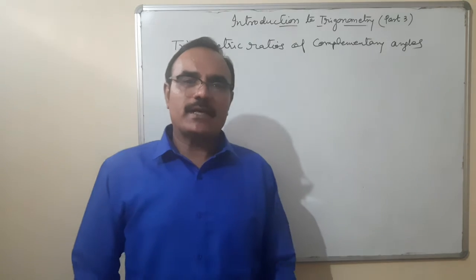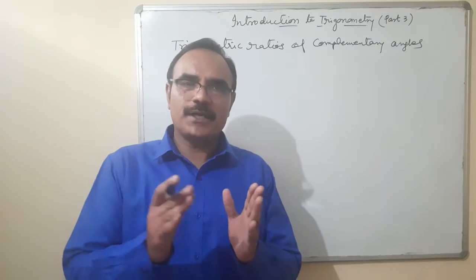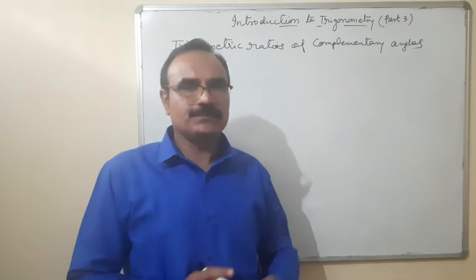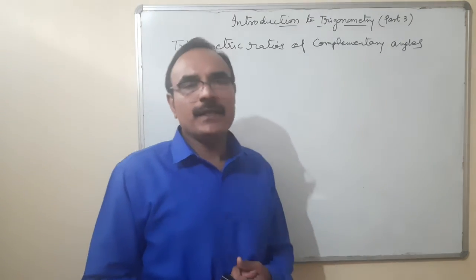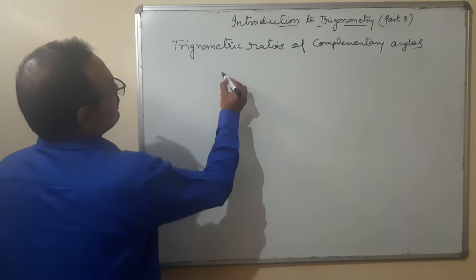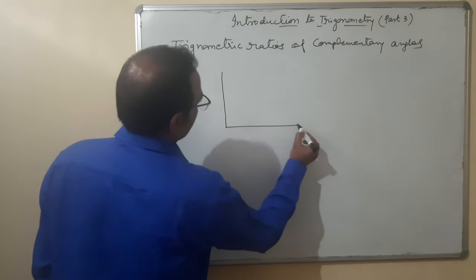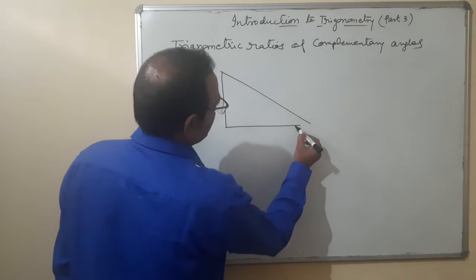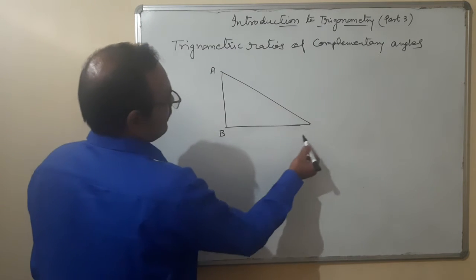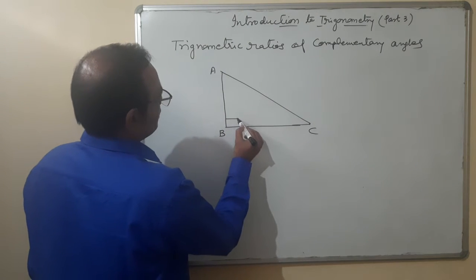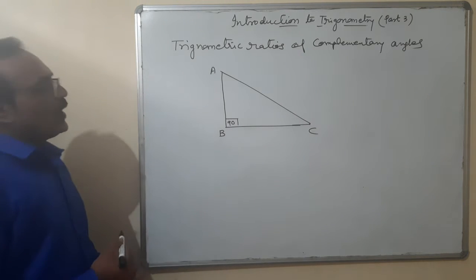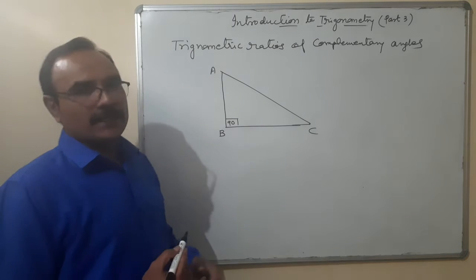We have discussed the trigonometric table, sine 0, 30, 45, 60, 90. These are the values we can memorize and we'll make a table also. Okay. Complementary angles. Again, let us discuss a triangle. The triangle is always a right angle triangle ABC. In this triangle, one angle is 90 degrees.